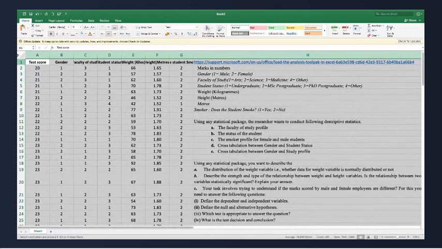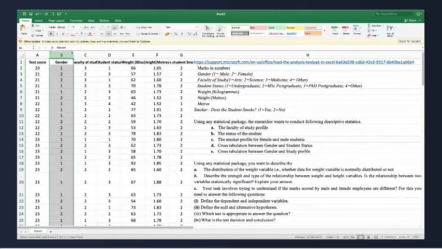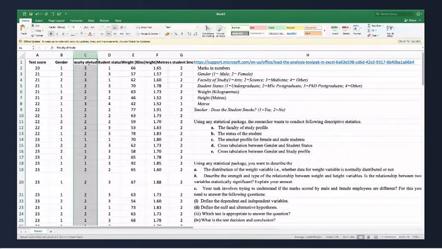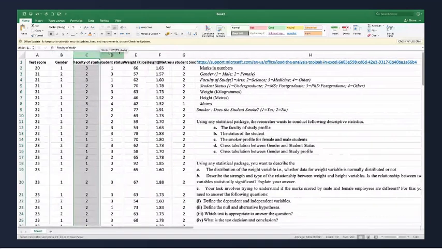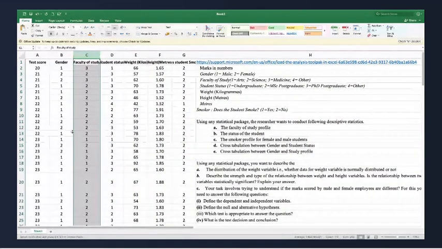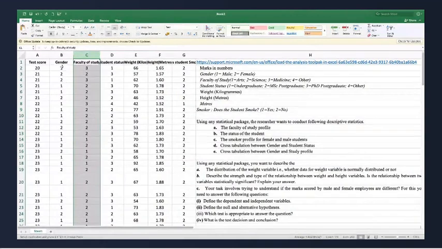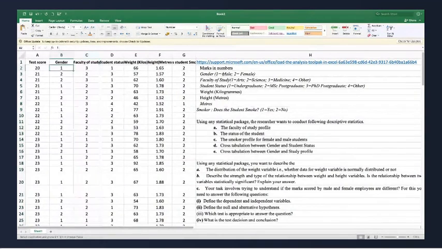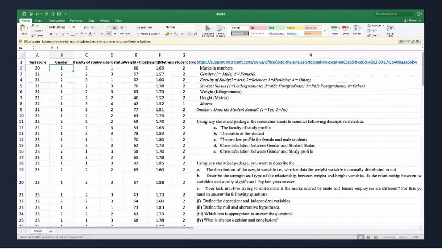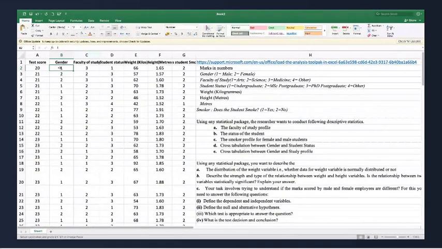Now, see, we have this data. You have a gender being given, you have been given faculty of students, you have been given student status. All this data is in numbers. It's mentioned here: gender, male means one, female means two. So first, you will have to prepare this data. When you get your data in the Excel sheet, in the gender column, you will get one and two instead of male and female.